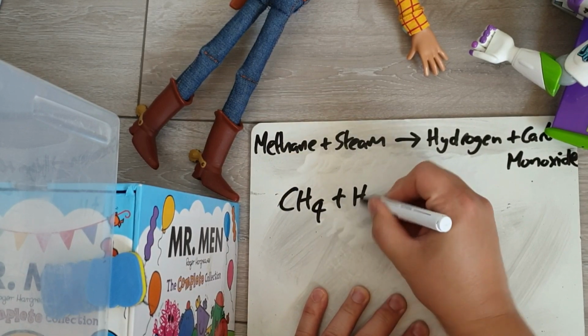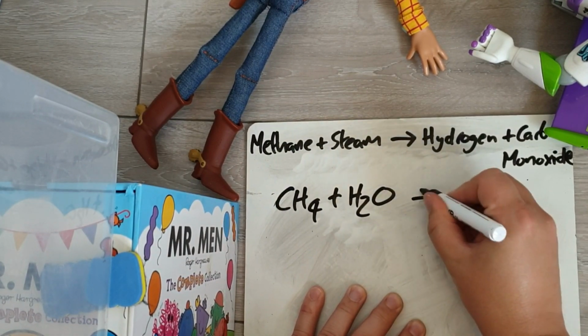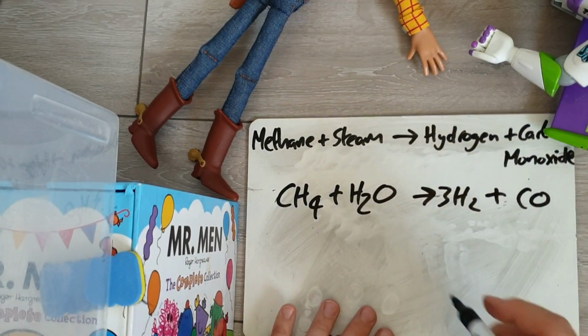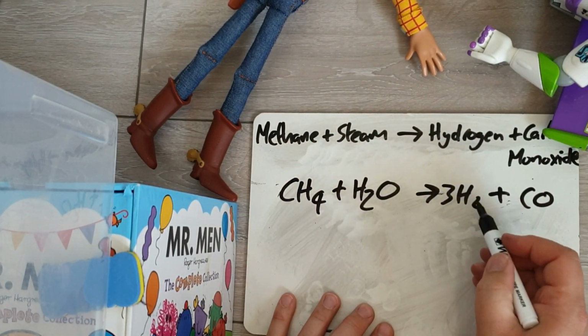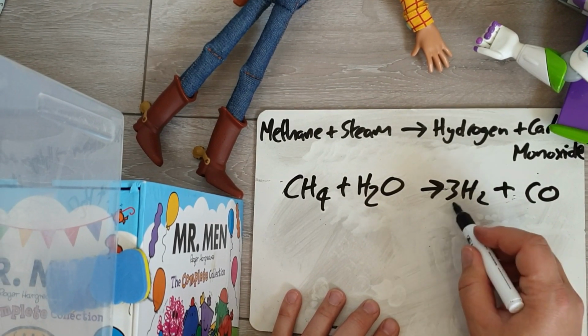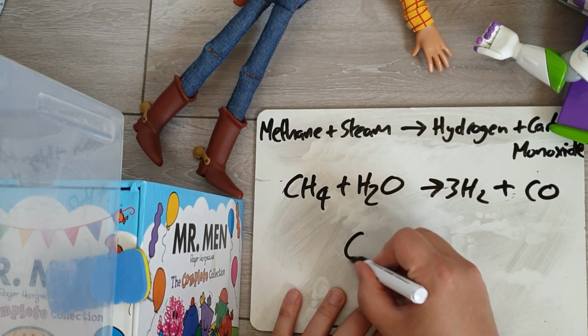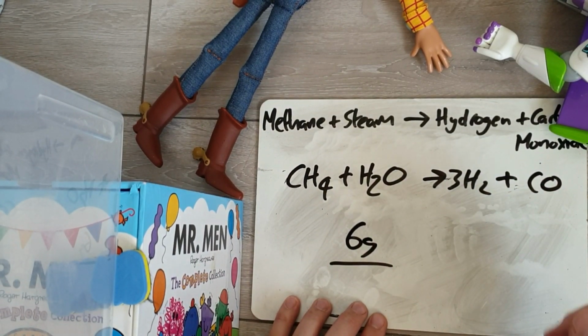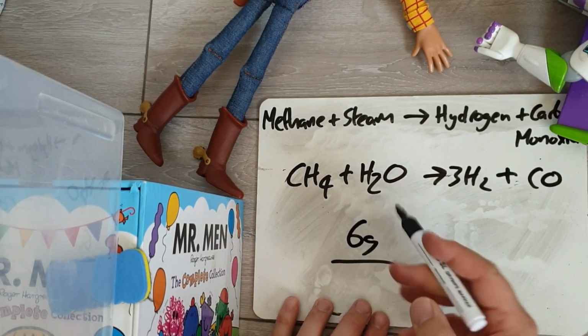CH4 plus H2O goes to 3 lots of H2 plus CO. The useful bit is the 3 lots of H2. So we worked out the MR of H2 was 2, but we get 3 lots of it out. So we are getting 6 grams of useful stuff. We are putting in 34 grams